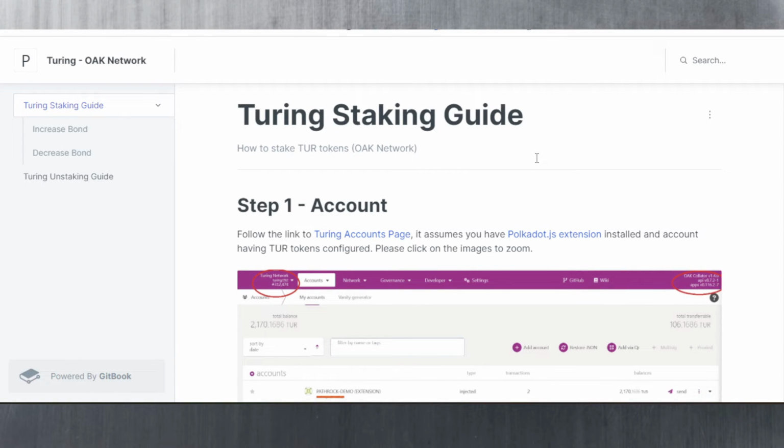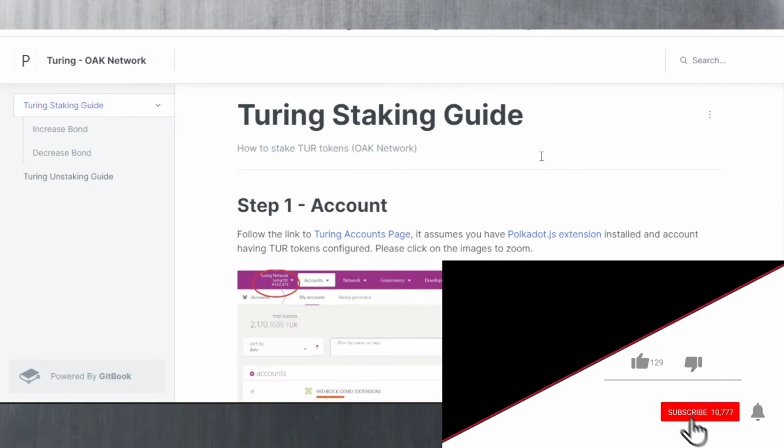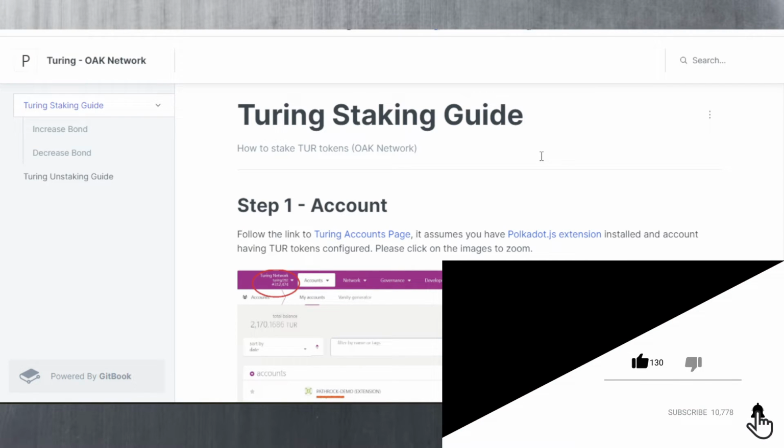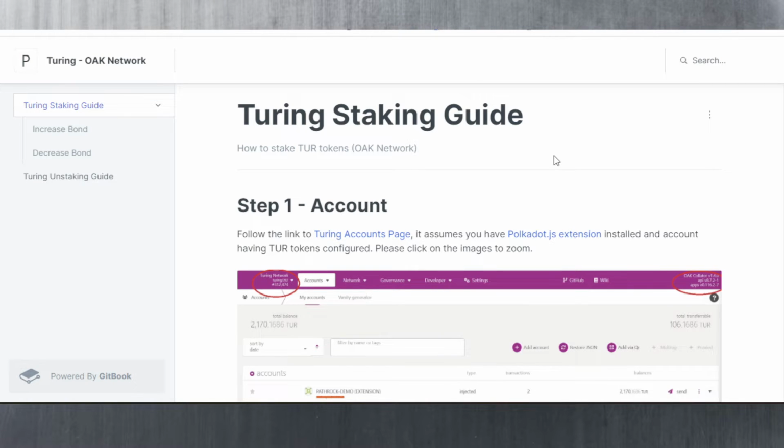Kudos to the Turing Network team for enabling token transfers and staking. As of today, at the time of doing this video, we are able to stake our Turing tokens, or TUR tokens, because that's the ticker symbol. If you had contributed to the Crowdloan or if you simply got them through the early sale that they've held,